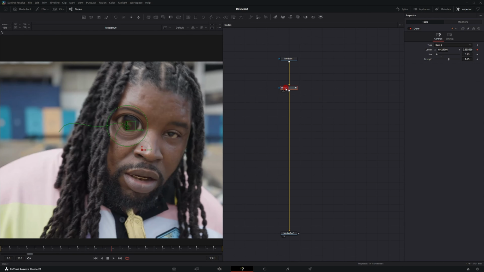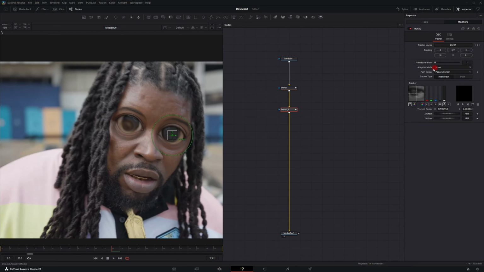I'm selecting dent 1, Control C or Command C if you're on Mac, and hit Control or Command V to paste it. Then I go into the inspector tab, and I'm gonna double click on the X and Y axis to reset it. Then I'll just grab the crosshairs and move it over his other eye. Then I'm gonna go in and track this by clicking on Center X and Y, modifiers, tracker position, modifier tab, change this mode to every frame, point tracker, make sure the point tracker is over his pupil, track back